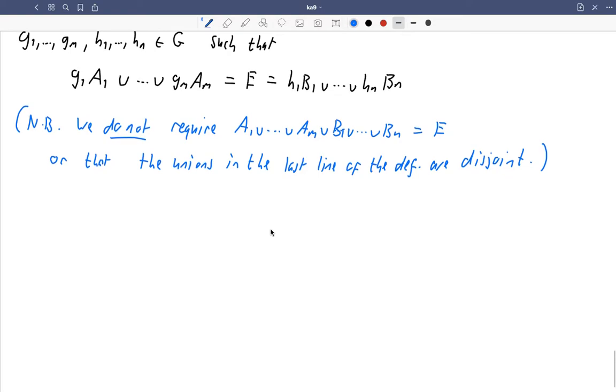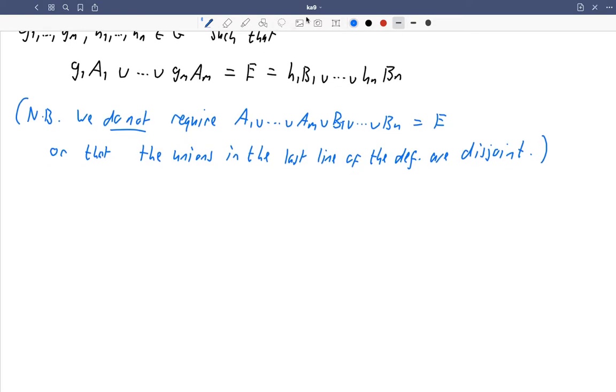So one way of saying that is as follows. Let's make it a proposition. E is G paradoxical